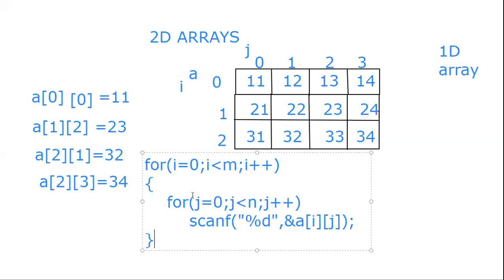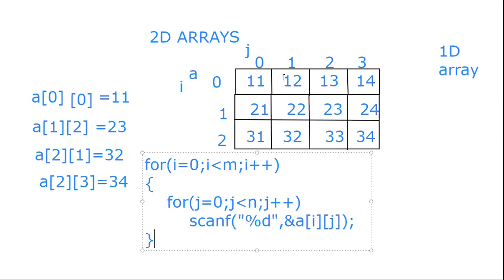So now let us see with values, how does this work? So when we enter the first number, the first value of I is 0, j is also 0. So if we enter 11, for example, it gets stored into A of 0, 0. So A of 0, 0 is 0th row, 0th column. Now I is still 0, but j gets incremented to 1. So now we have A of I is 0, j is 1. What is 0, 1? That is 12 will get stored into A of 0, 1. That is 12 will get stored next to 11.